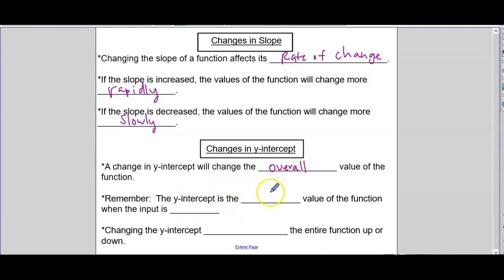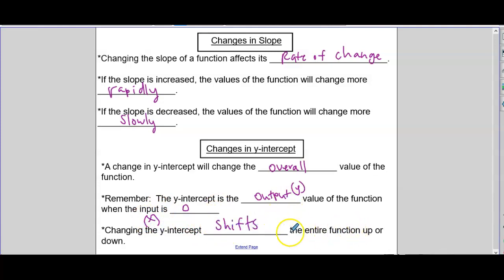Some things to remember here. The y-intercept is the output value, or your y value, when the input, or your x value, is 0, right? So when my x is 0, the y-intercept is my output value at that point. So 0, 10, or 0, negative 3, depending on where we're at. The y-intercept is always that output, or y value of the function, when your input value, your x value, is 0. And then changing the y-intercept is going to shift